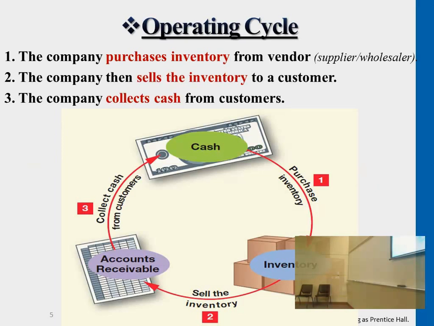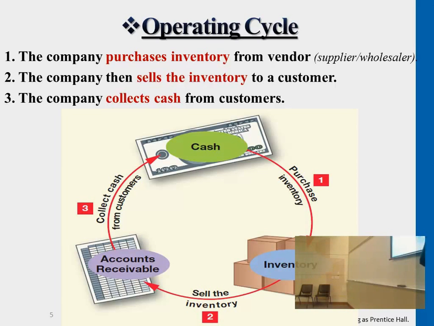So this is a general operating cycle. We know what an accounting cycle is, but in terms of how products flow into the business and how products flow out to customers, this is the general operating cycle. In a simple form, we start from the first side of the entries, purchasing inventory. Today you'll be introduced to